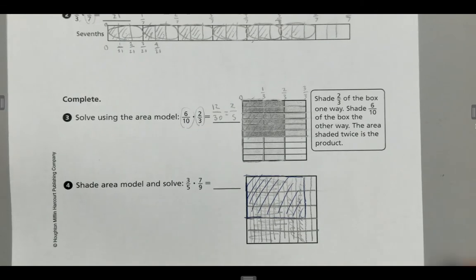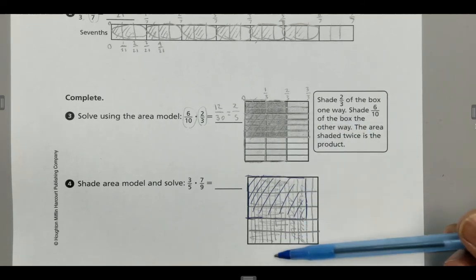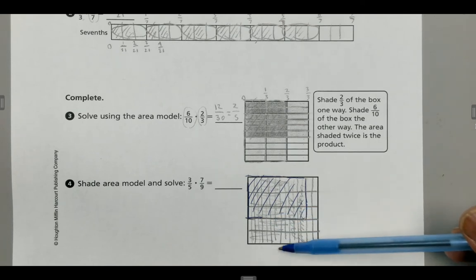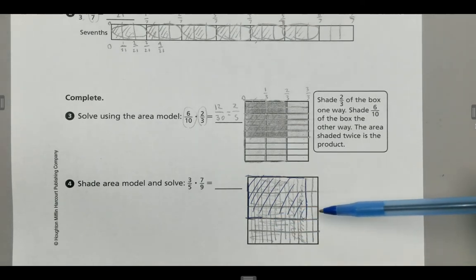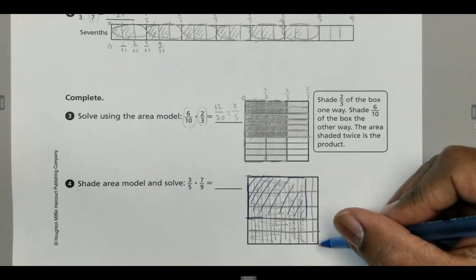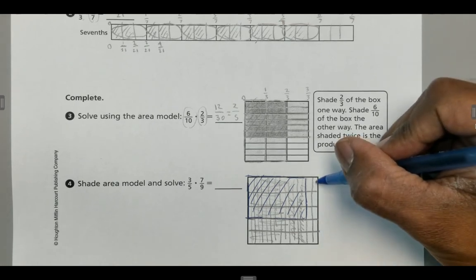So that's my overlap. Why? Well, from left to right, I showed 7 ninths. From top to bottom, I showed 1, 2, 3/5. Where those two overlapped is my answer. What do each of these tiny boxes mean? Well, I have 9 going this way. I've got 5 going this way. So each of them is,